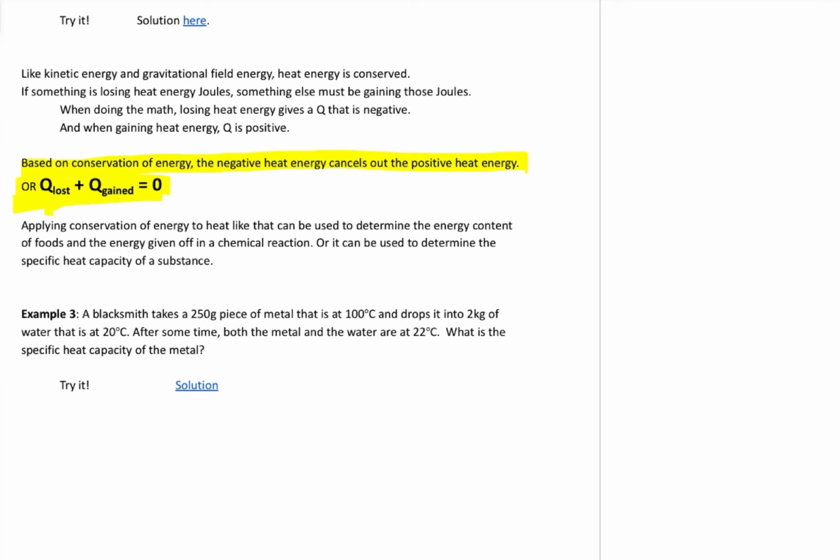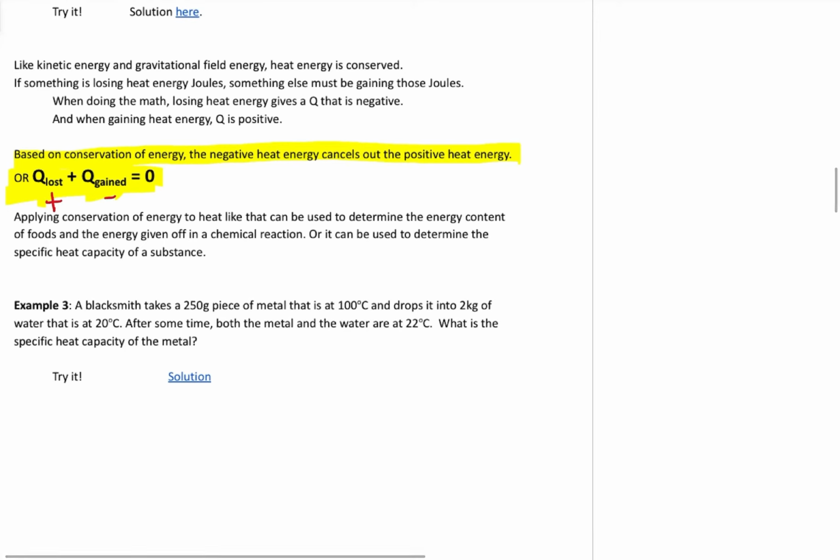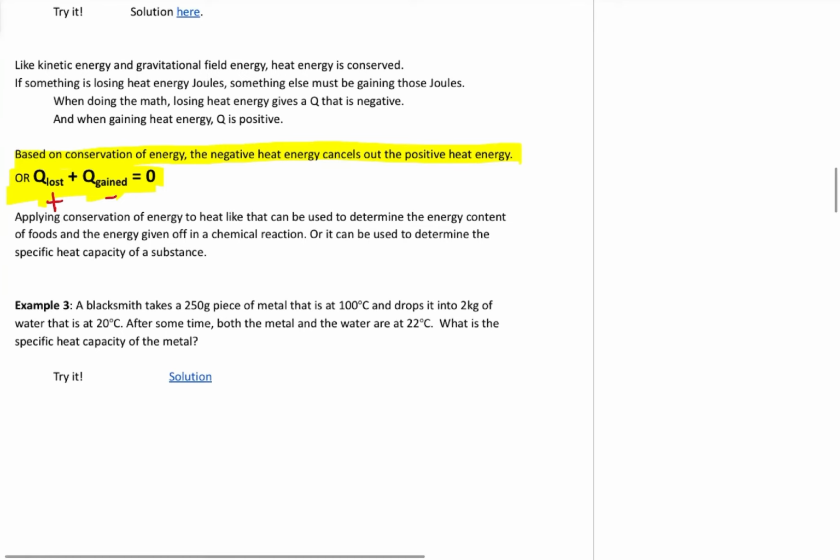If we drop it in water, the water is going to heat up in response to that hot metal. If we do an mc delta T of the water, it's going to be a positive number. So the thing that's losing energy ends up having a negative Q. The thing that gained energy has a positive Q. Since energy is a conserved quantity, if the hot metal lost, I'm just going to make up a number, 200 joules of energy, those 200 joules of energy had to go somewhere. They're going to go into the water, and the water is going to get warmer by 200 joules.